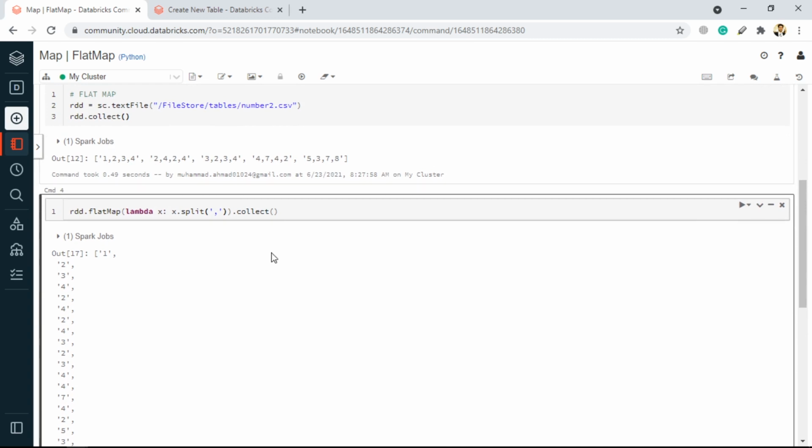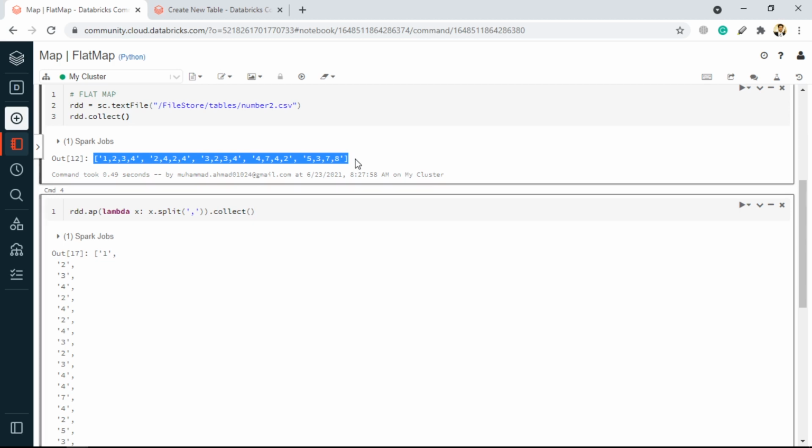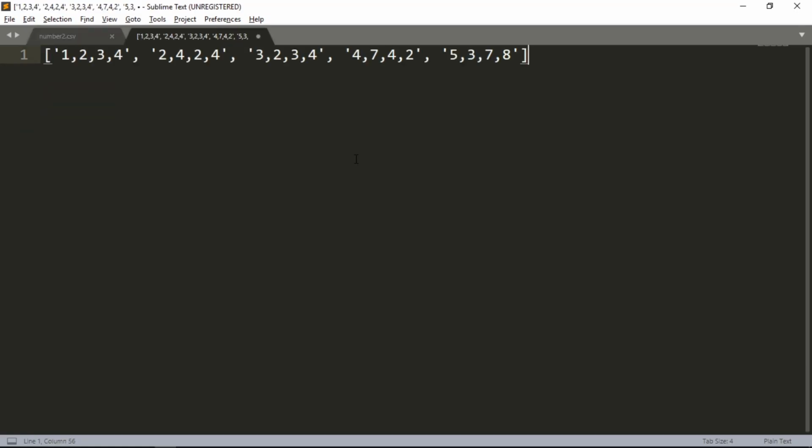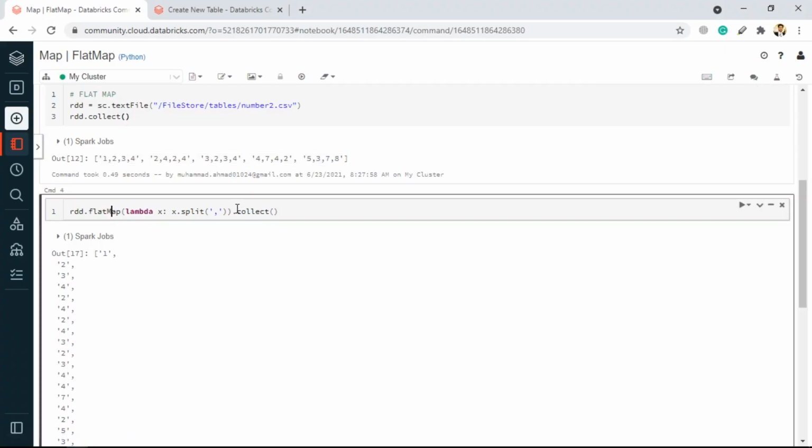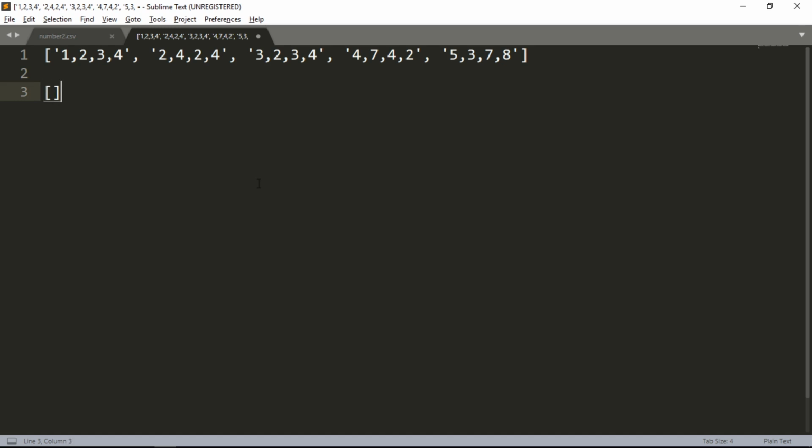Now how does this actually happen? Let's take this from the input and go to Sublime. Let's consider that this is the input that we are getting in the RDD. If we apply mapping on it, and we are splitting it, what will happen?